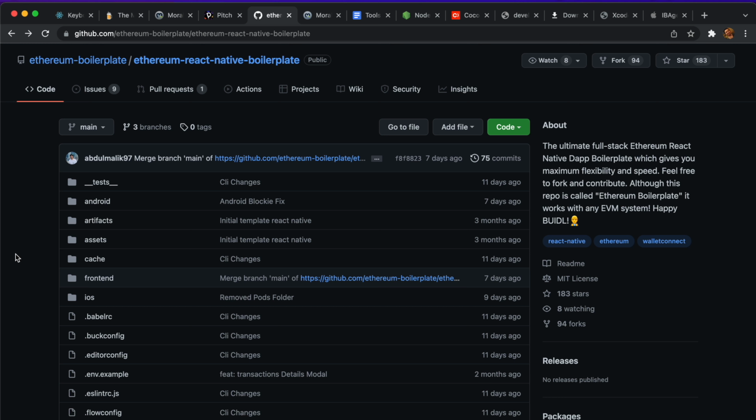Just use this boilerplate to save a lot of time when creating your own mobile app with React Native. All those issues, you don't have to encounter anymore with this boilerplate, okay? And in case there are new issues that you encounter, just go ahead and